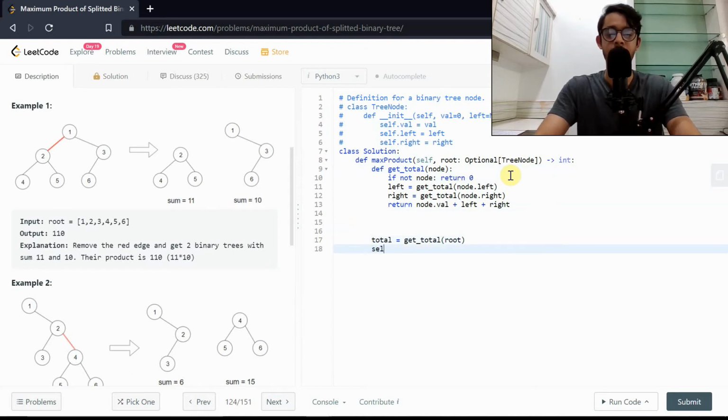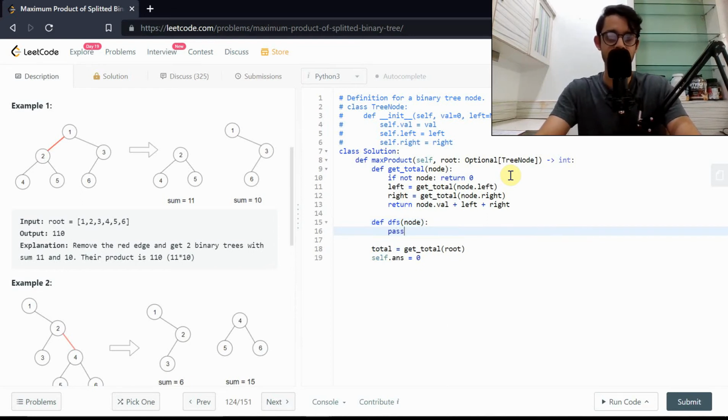which is saying, basically let's have a self.answer. We'll start off with 0. And now we want to do our DFS again. So we'll actually call this DFS now. And what are we going to return here? Well, let's not return anything where we have this self.answer storing the maximum possible anyway. So no need to return anything. And so we'll write the base case as if not node,